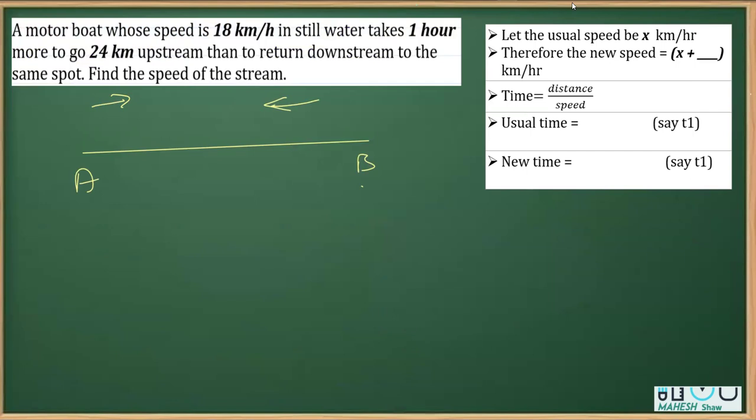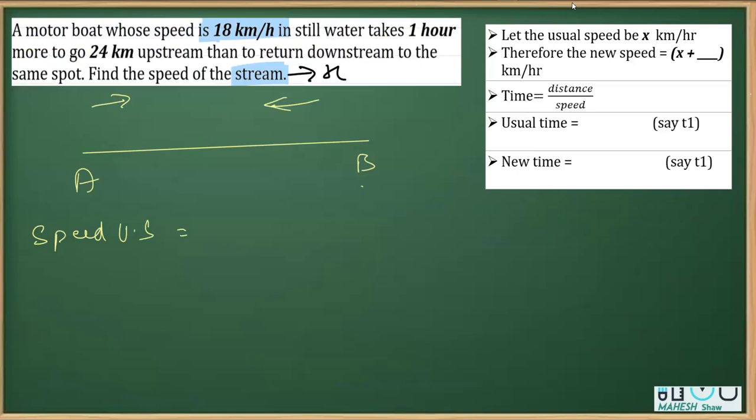Right. And here we know the speed of the boat in still water. We do not know the speed of the stream, so I'm going to consider the speed of the stream. Let's say the speed of stream is x kilometer per hour. So what you can see is that the speed while going against the stream, the speed upstream,